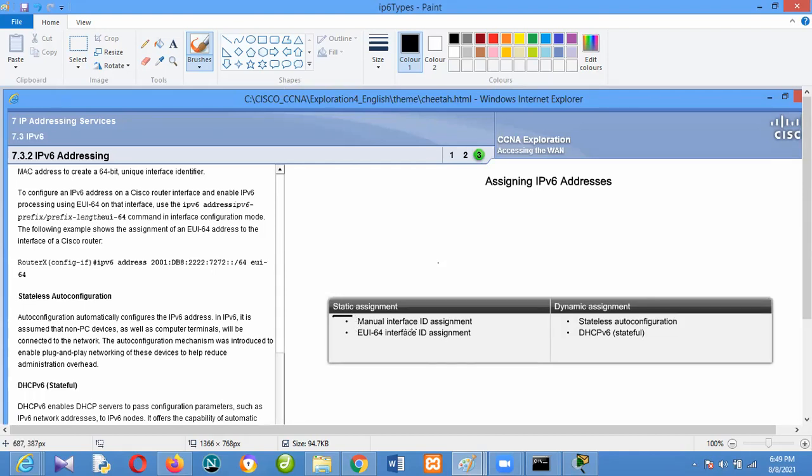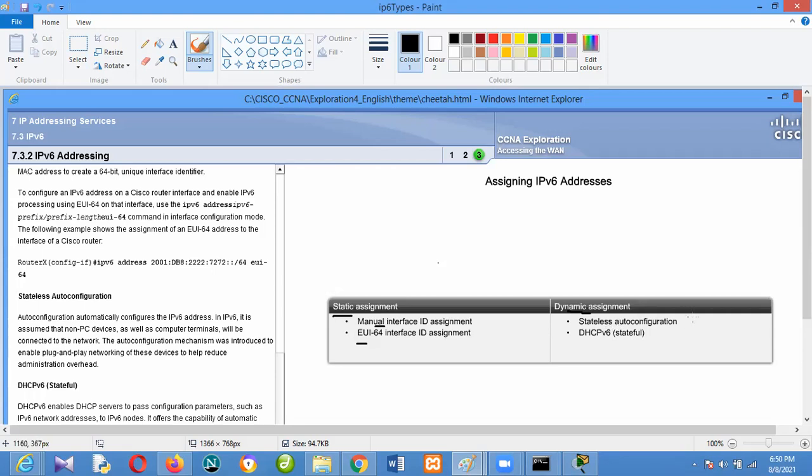Two ways you can assign IP addresses. We have static assigning, we have dynamic assigning. And under static, we have two types. We have manual and we have EUI-64. Now, under dynamic, we have stateless address auto configuration.